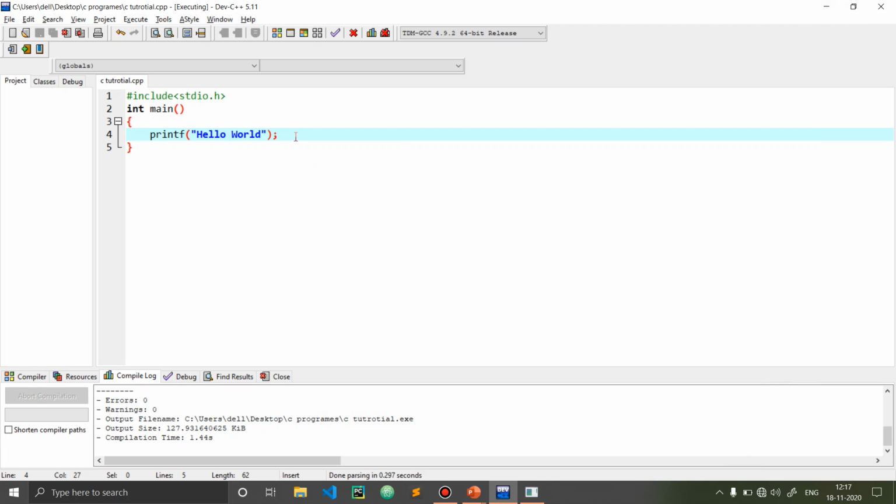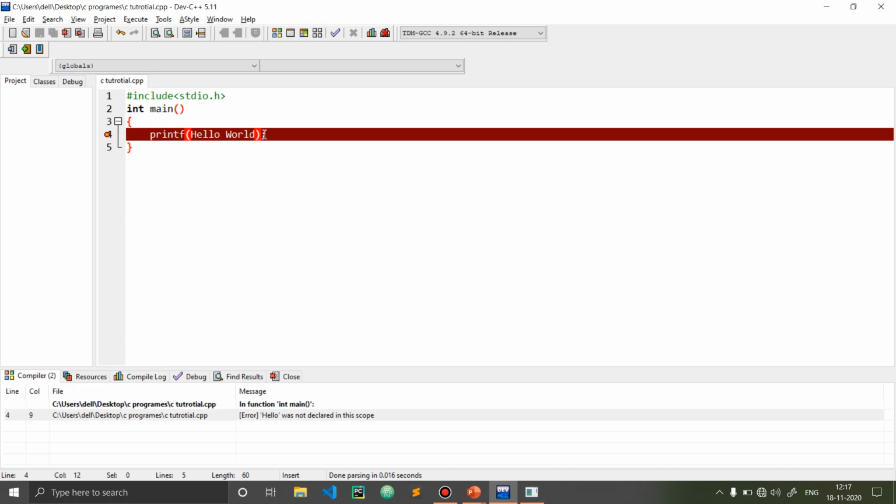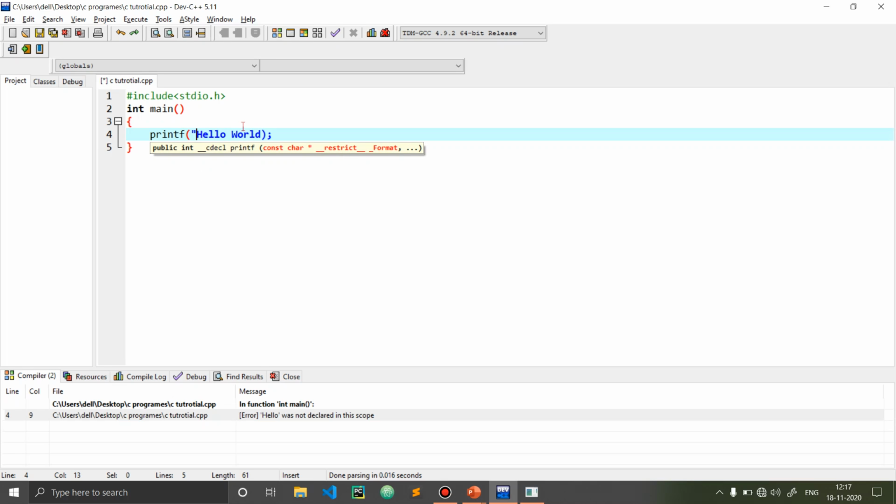And now if we don't give the quotes, it will not print it because it is not a string. And here you can see the hello was not declared because it is now reading the hello as a variable. What are variables? We are going to see them in the next video, but think like that. It is now thinking the hello word as a variable, so it is not going to print that.